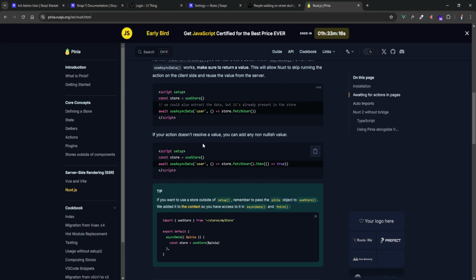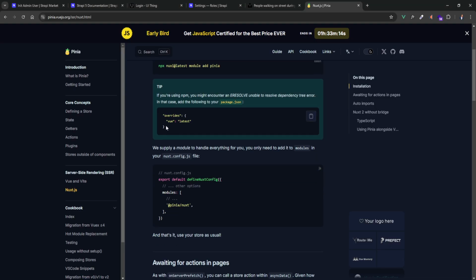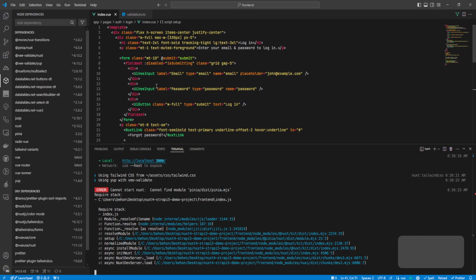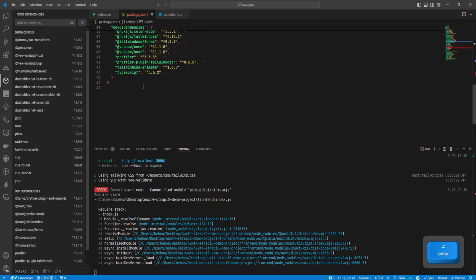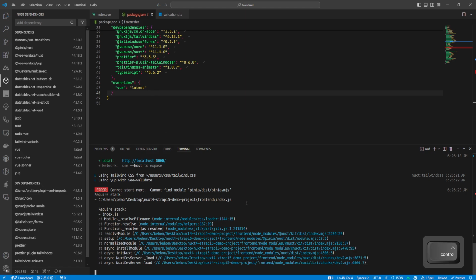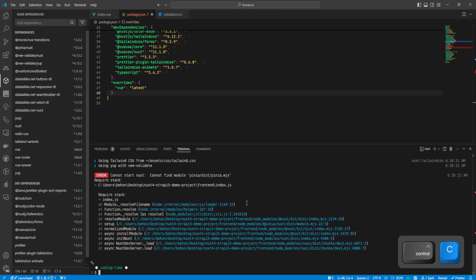So maybe I will need to add this to the package.json file. Let's see, let's search for that. So we're gonna paste this down here, save, and then I'm going to